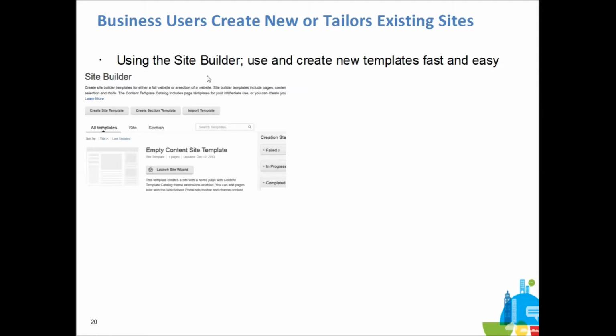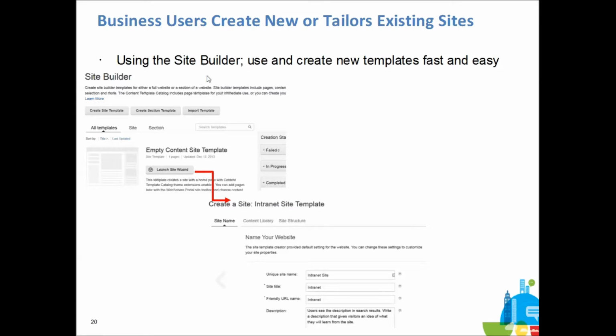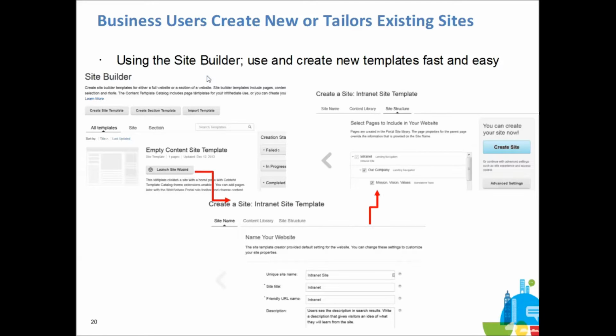Site Builder is another tool that is used to create site templates and section templates. You need to install Content Template Catalog for using the Site Builder tool. By using the templates, you can build a website faster, within a few minutes. Site Builder has predefined templates like an Internet template and an Intranet template. Also, a site built using Site Builder can interact socially with Facebook and Twitter. Also, it is possible to tag and rate a content.